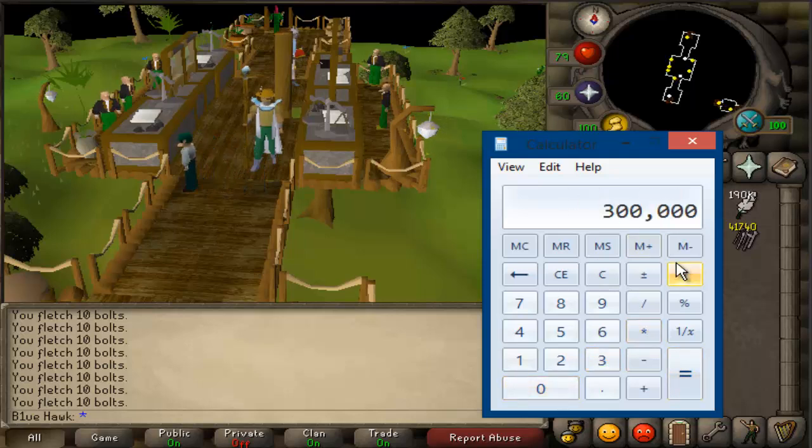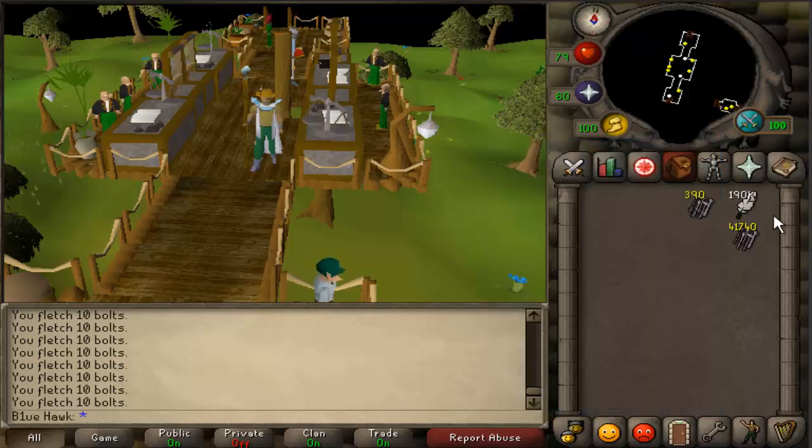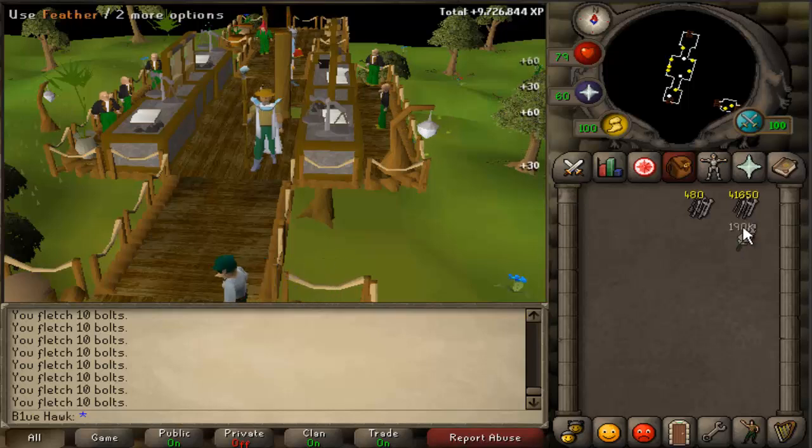You get 300,000 fletching experience and 1.1 mil if you craft 100,000 broad bolts. Now that's really insane. The only down part about this is that fletching broad bolts kind of hurts your hand after a while. But if you do it in moderation, you'll see that stack of broad bolts go down really